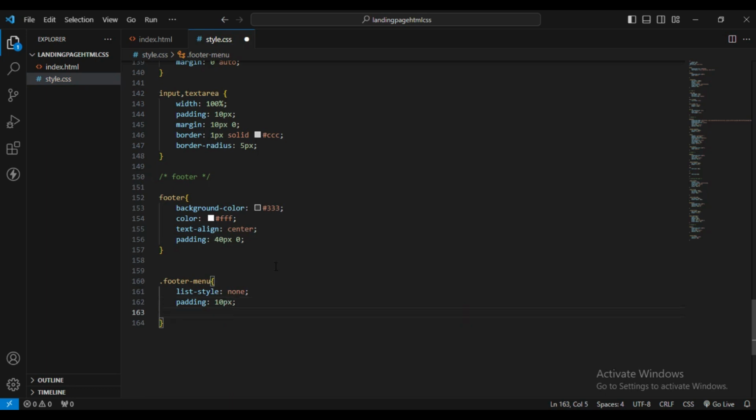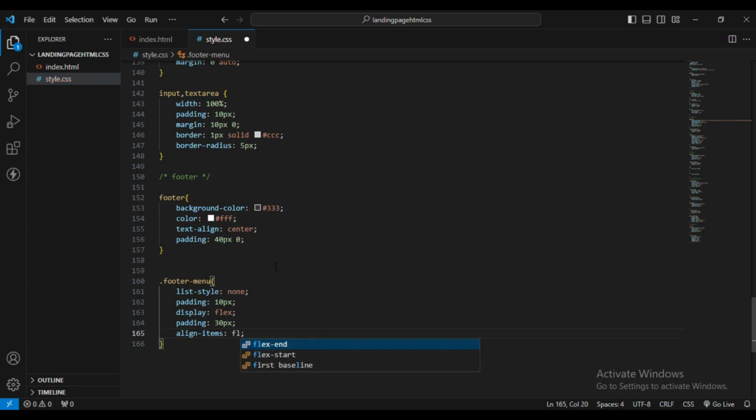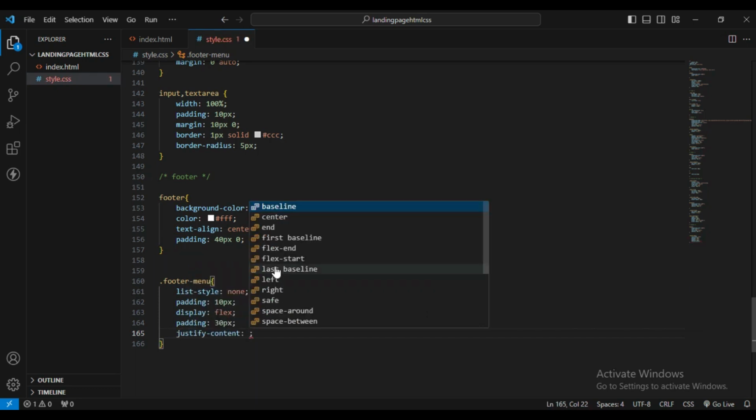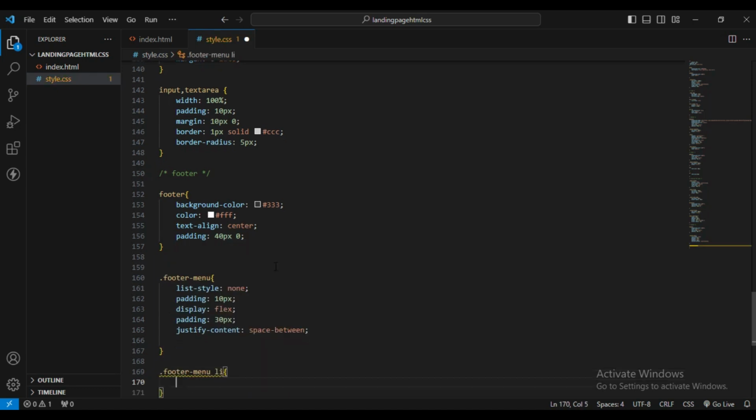I will show you guys. So display will be flex and padding will be 30 pixel, let's say, or 40 pixel, you can keep it. Let's not align this. So let's keep the margin as 0,